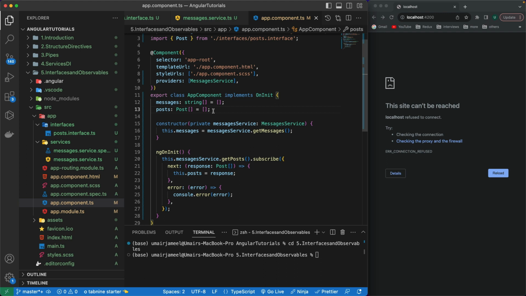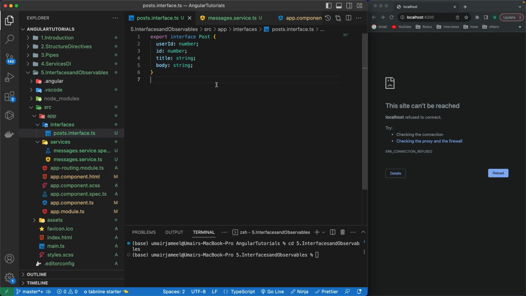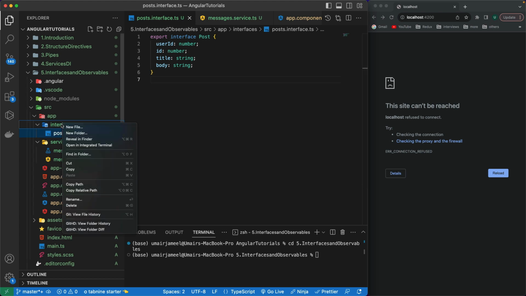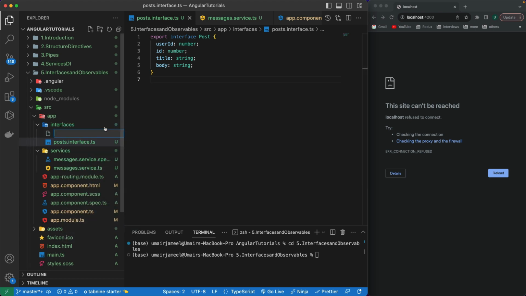But let's say that we have an advanced data type, or the data which is being returned from the API, let's say an array of objects, nested arrays, then how can we create such kinds of interfaces over here? So I'll be showing you by creating multiple interfaces. So first of all, I'm going to create a new interface file inside my interfaces. So I'm going to name it